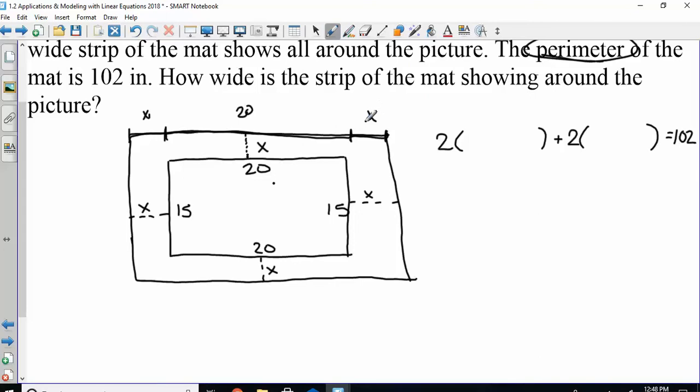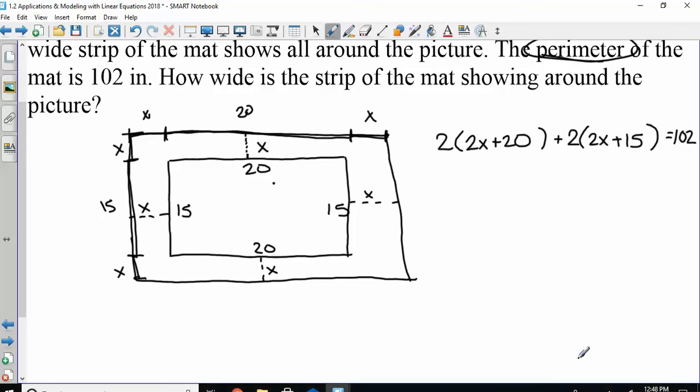So altogether, how long is that side? 2x plus 20. Okay, this side, from here to here is x. From here to here is 15. From here to here is x. So altogether that side is